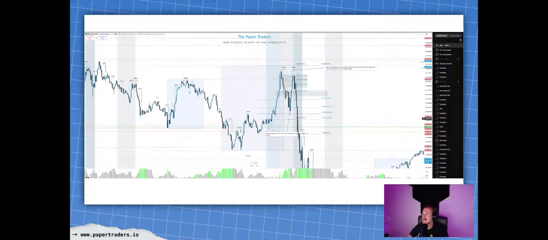As price came down, we were looking inside the London session OTE here. Price tapped into the 9:30, sweeping that liquidity at the 705, and I'm sure if we expanded this all the way down into the London session range, there we go. We're tapping the 618. That's a little better. Tapping that 618 right there, seeing a bounce back into the upside.